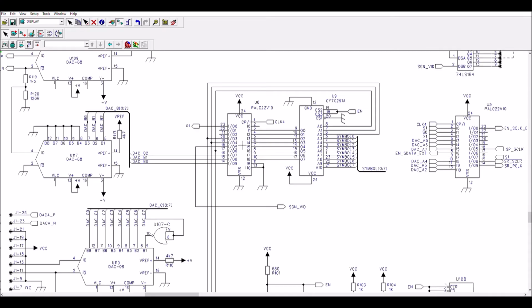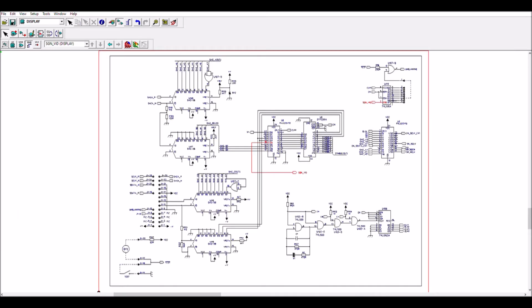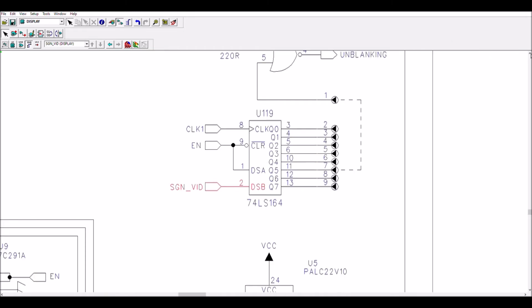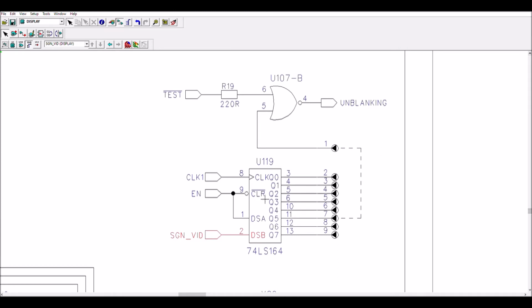And one output of this PAL permits to turn on or off the pixel by the signal SGN_VID, signal video. And this signal, I will search exactly. You can see that this signal is connected to this shift register here. And this shift register permits to add a delay.